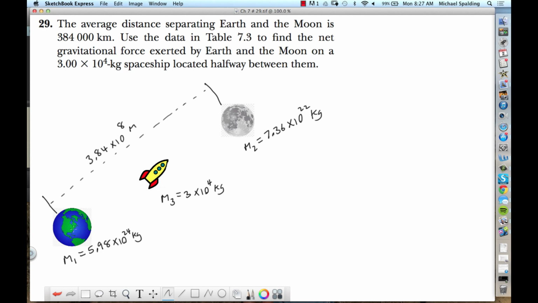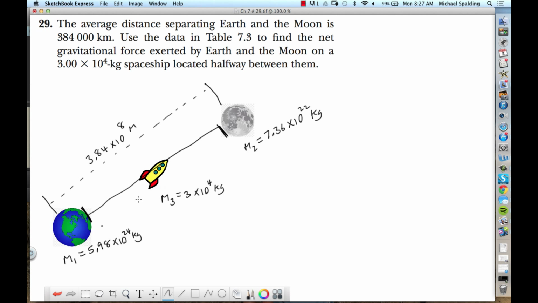Okay, so we have the Earth and the Moon with a spaceship in between them, directly in the middle. Now, look, in this problem, the textbook doesn't do a good job, in my opinion, of specifying center to center. The way they say the average distance separating Earth and Moon is 384,000 kilometers, to me, that kind of sounds like